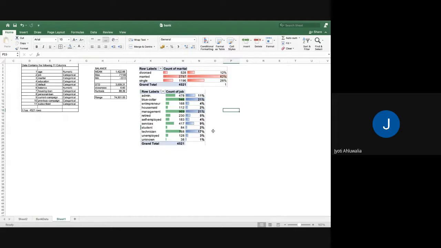I want to do bivariate also. So I can ask what is the age distribution of people who are single? What is the age distribution of people who are married? What is the age distribution of people who are divorced? Now, when I'm going to do modeling, do I want to club all of them, or do I want to make a separate model for married, a separate model for divorced, a separate model for single, or a separate model for blue collar, a separate model for management? That will be a question I'll answer later on, depending on how it is distributed.